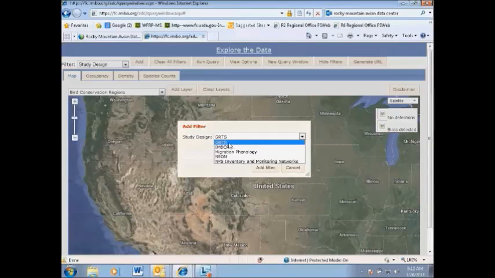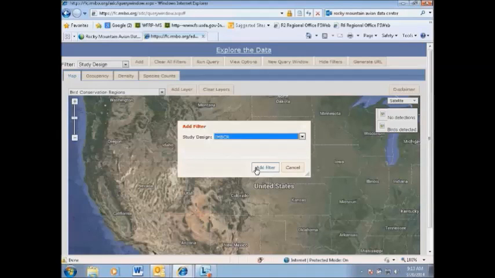It stands for Generalized Random Tessellation Stratification, and that is exactly what we use in the IMBCR, so those results would be comparable to statewide estimates, but they don't contribute to the statewide or regional estimates. You can see we also do some work in the national parks, and so you can also filter by that design. But for the purpose of the demonstration, I'll use the